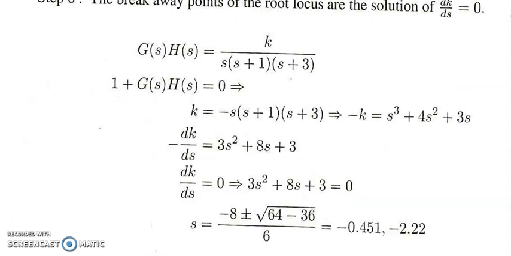The breakaway points of the root locus are the solution of dk by ds is equal to 0. So G(s)H(s) is k upon s(s plus 1)(s plus 3). So 1 plus G(s)H(s) equals 0 gives k is equal to minus s into (s plus 1) into (s plus 3), which is equal to dk